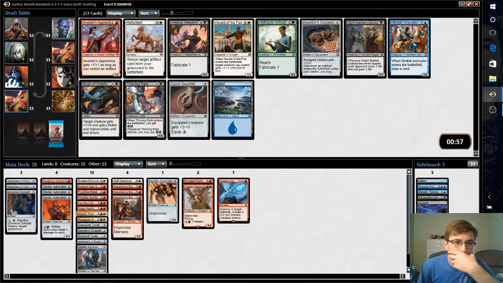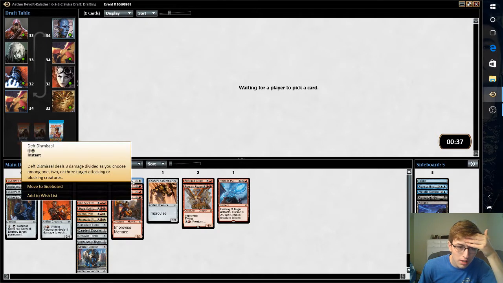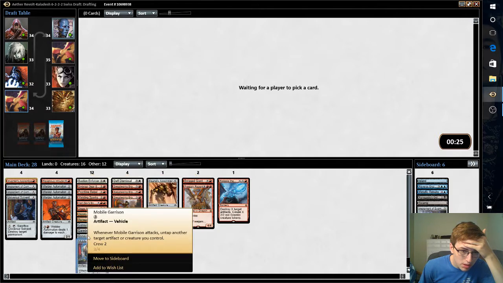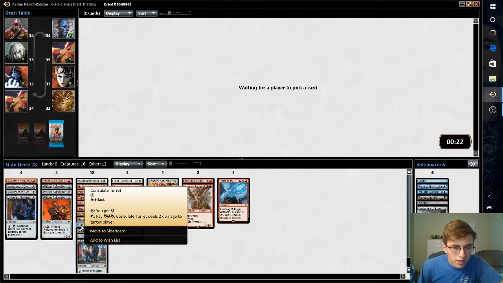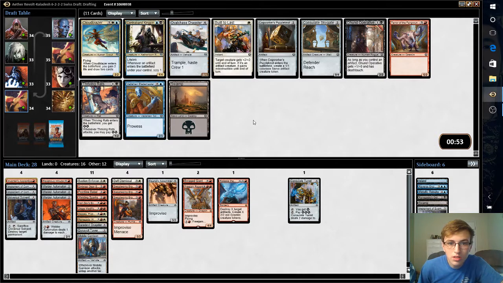Three drop 3/3. Oh, this is too good. I just need more, I guess, vehicles for Depala to actually be. Still a 3-drop 3/3 is really good. Go ahead and get rid of this. We might not even get to play Dynavolt Tower, to be honest. This might not be a good thing to play. It's good and all, but